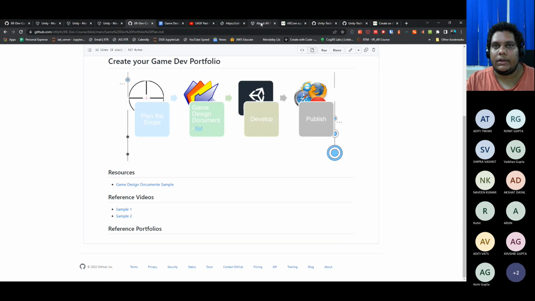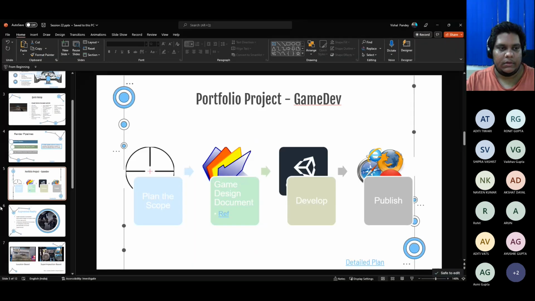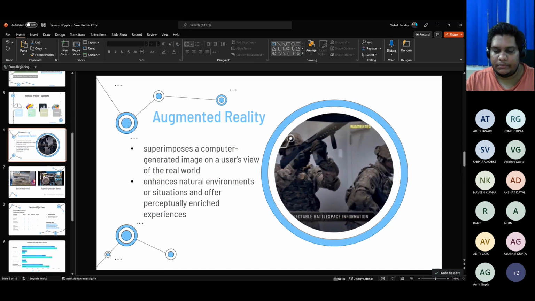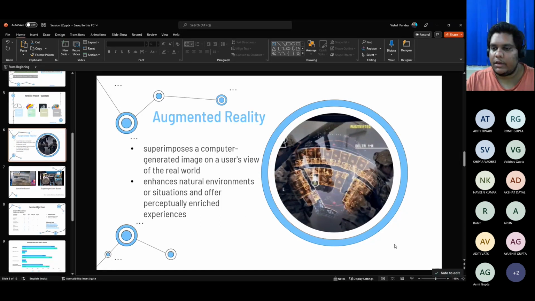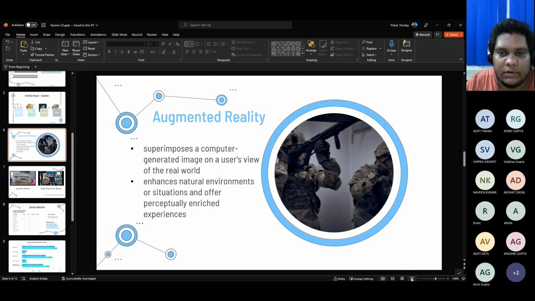So that was what we have till here. And then next we can actually start with AR now. If you remember, we've already seen this slide in our very first session.